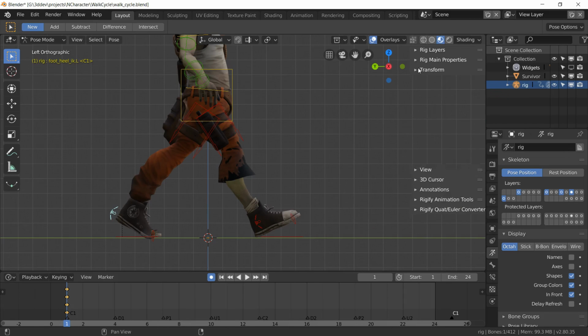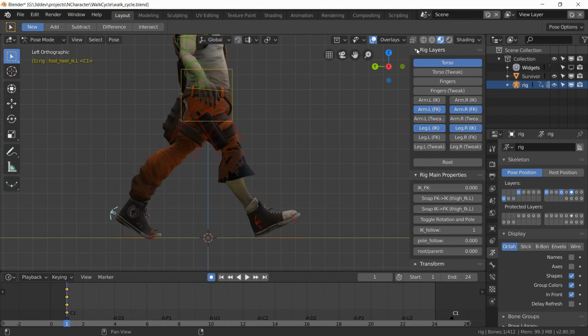Okay, let me just turn off this transform panel, and we want to have these two things expanded most of the time. Okay, so now I'm going to select these two controls and then these two controls, and I will do Control C to copy it. All right, the cursor needs to be in the viewport for this to work,